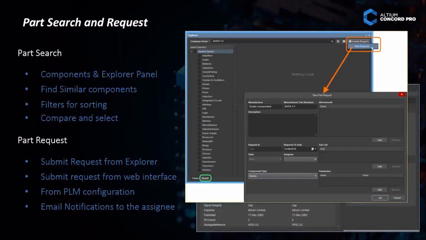Means, if you are adding a new component, first we will add that in the database only, right? ERP or Agile or Windchill. Once you have updated that, the same Excel will be updated in the Concord Pro server, the same database. So we can create the component. That is another way. Yeah, email notification we can also configure, if you want to notify the person with email notifications.